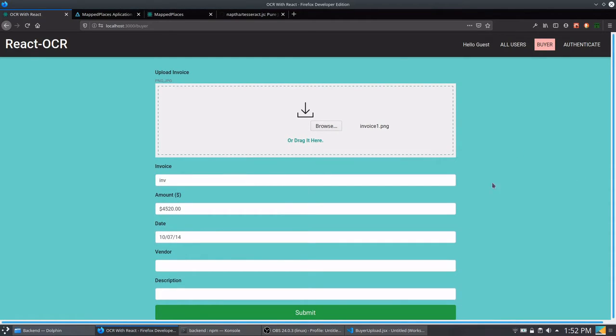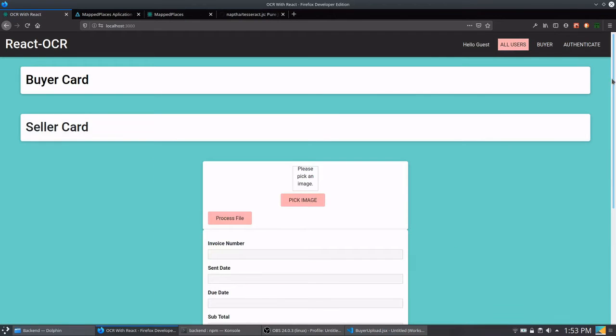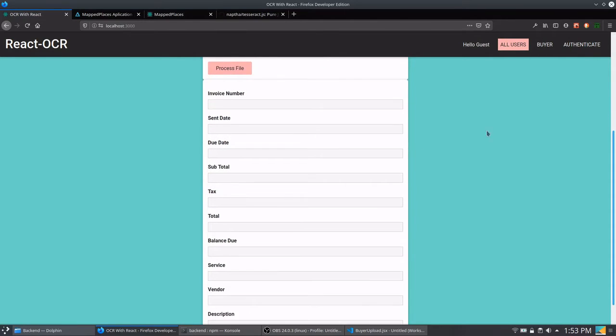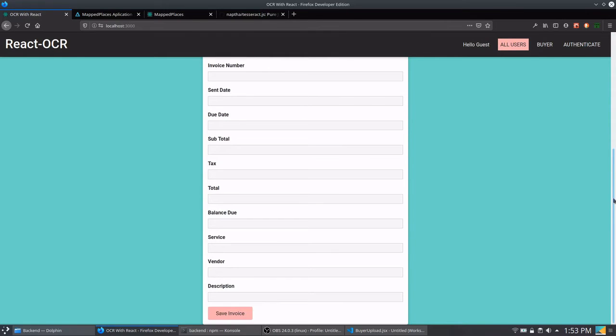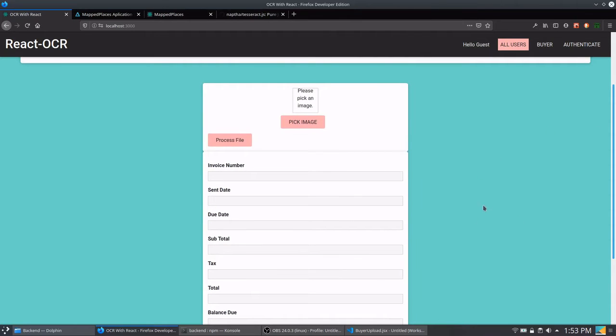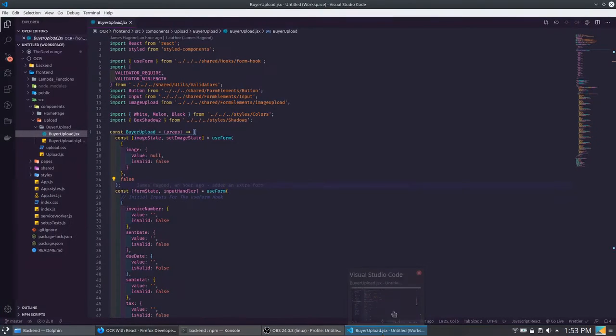So I'm just redoing it to put Node on the back end and use Tesseract JS, and then write regular expressions to pull all this data and populate the form, and then let users log in and save the invoice in their own files so they can have them. But I'm going to talk about reusing,